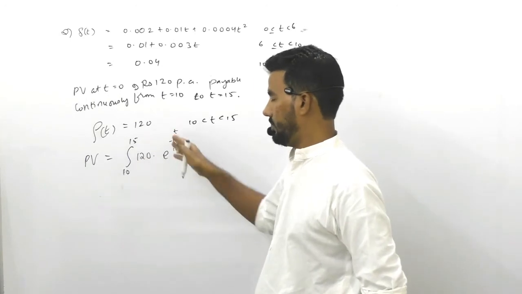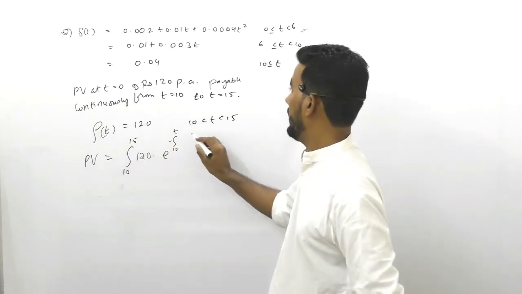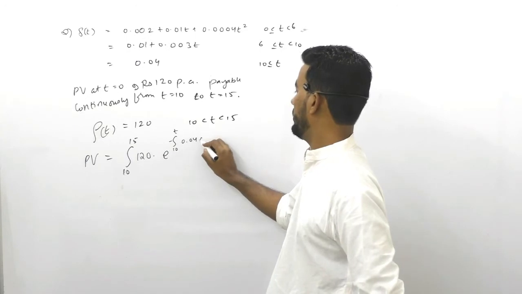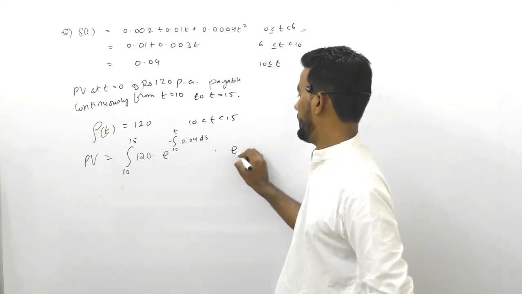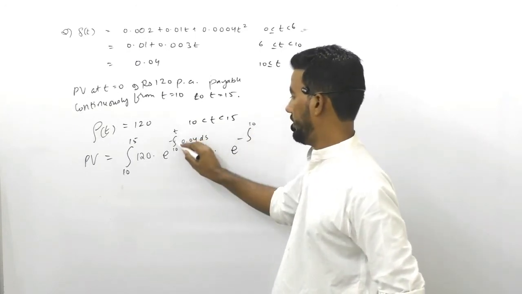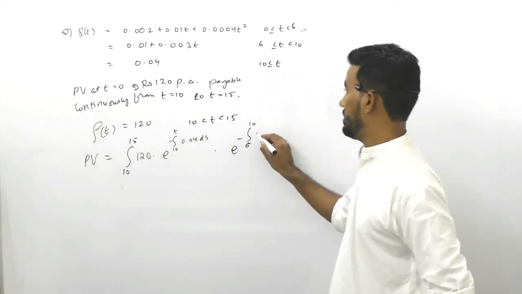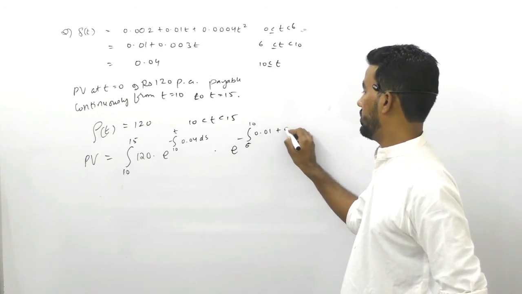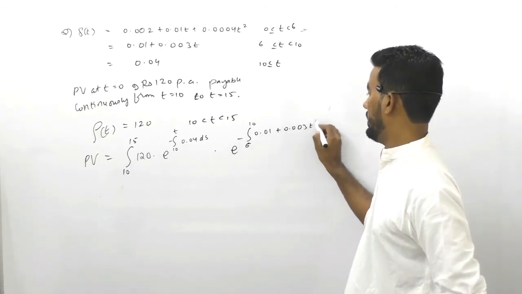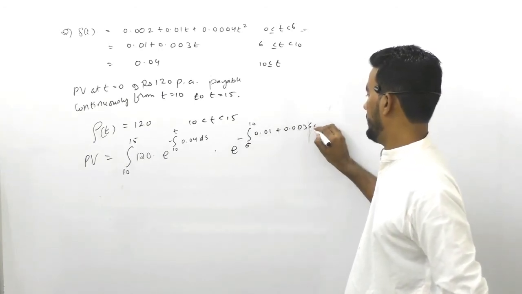Instead of the highest possible, we will use t always, and that should be 0.04 ds. Then from time 10, first we got everything to time 10, now from time 10 to time 6, because that's where the interest rate changes, 0.01 plus 0.003 t3s ds,